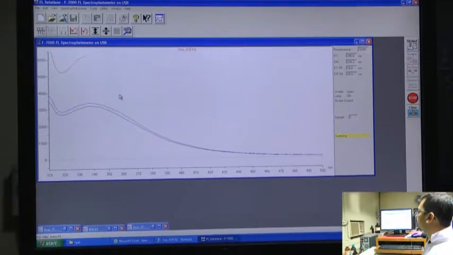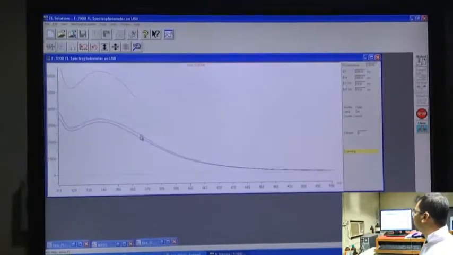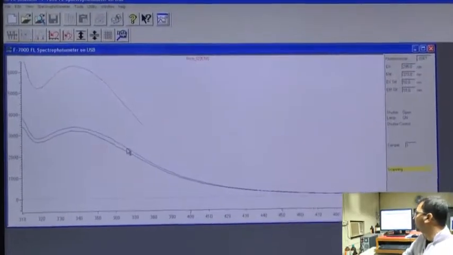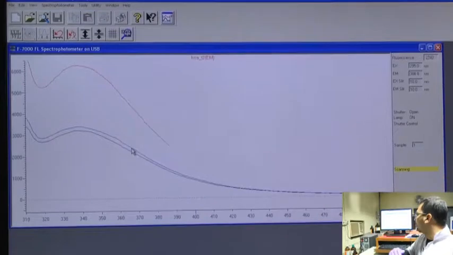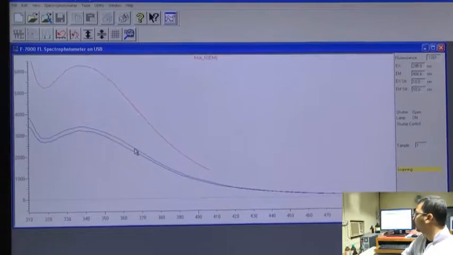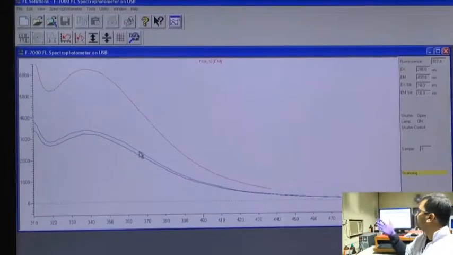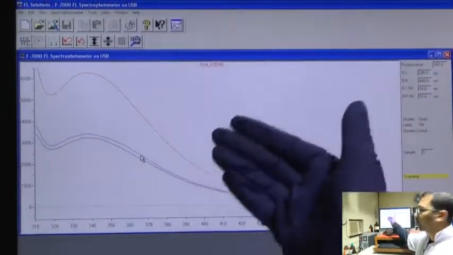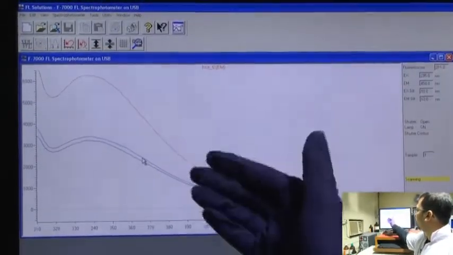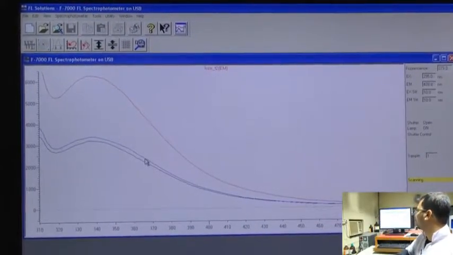Well, one interesting thing to note here is that the change in the spectra is much higher in this case compared to 37 degrees centigrade. Comparing the native protein and the protein at 37 degrees centigrade, the change in fluorescence spectra is not that much. But when it is heated to a much higher temperature, here at around 45 degrees centigrade, the increase in fluorescence emission is much higher as compared to the native protein when it is compared with HSA at 37 degrees centigrade.